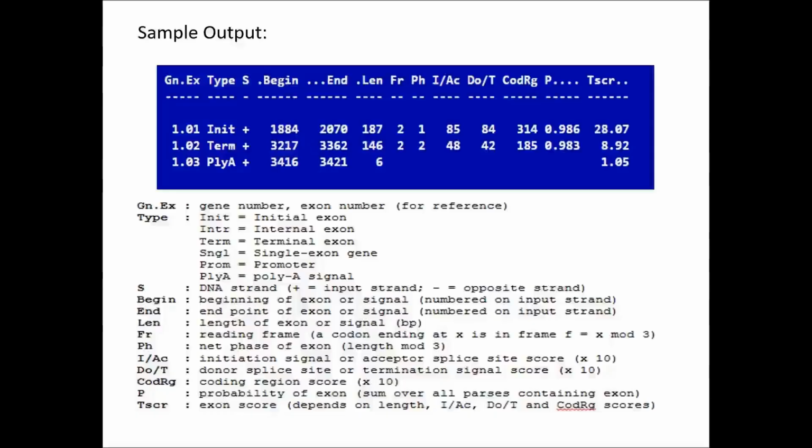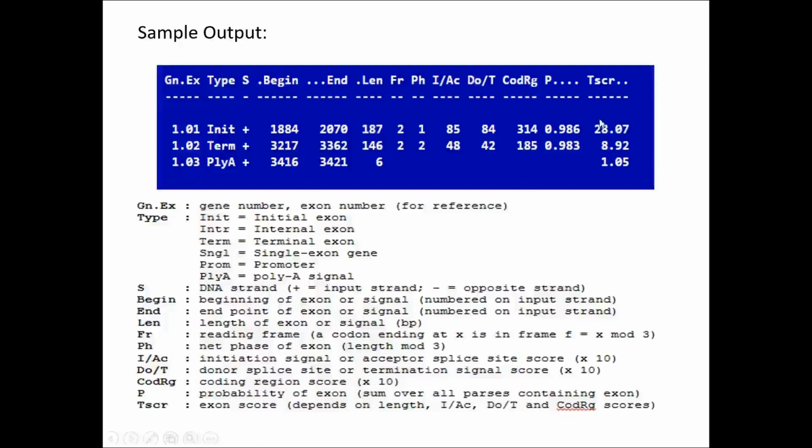This is an example of GenScan tool output. Here you can see all the parameters and the details of the parameters are displayed over here. First thing you see is gene number and exon number. Here 1 indicates the first gene. If suppose in a submitted DNA sequence there are 3 genes, here you will be seeing 1, 2 and then 3. Next you see is exon number. Exon number is the number of exons predicted in that gene. Now here there are 3 exons which are predicted in the first gene.